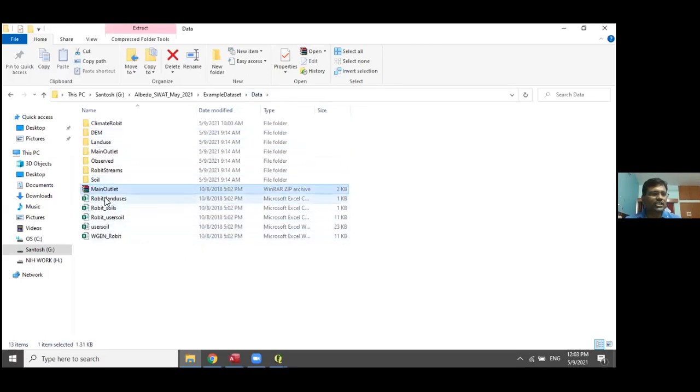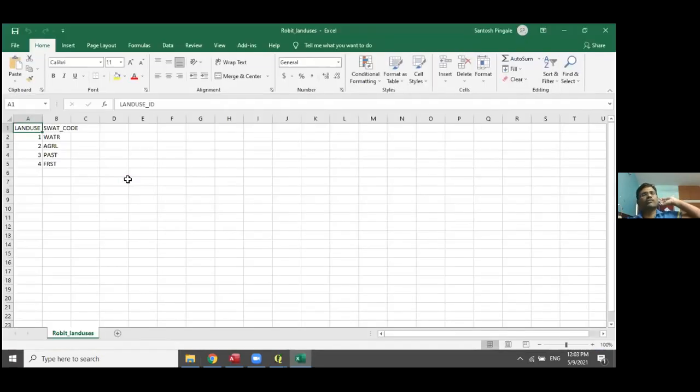Then the other inputs we require are the land use land cover lookup table. We have the land use land cover, but SWAT recognizes only its own codes, so the land use land cover is linked with these codes, for example for water, agricultural land, pastoral land, forest.